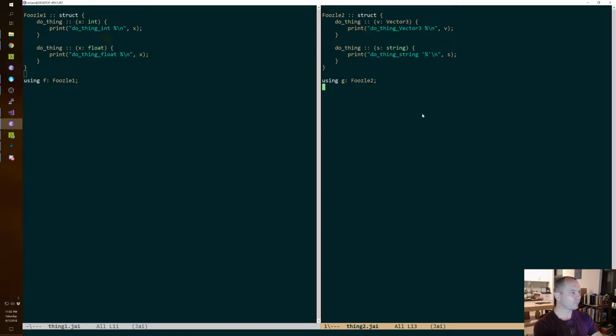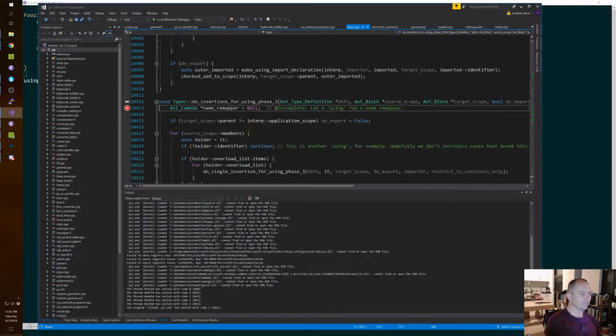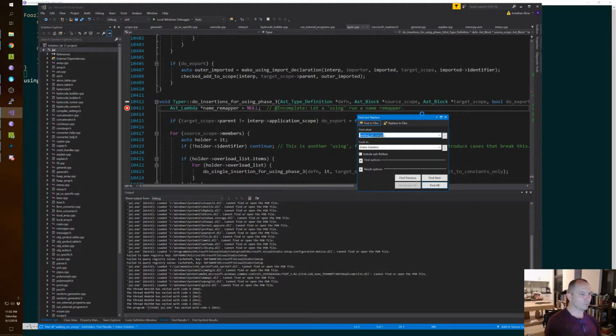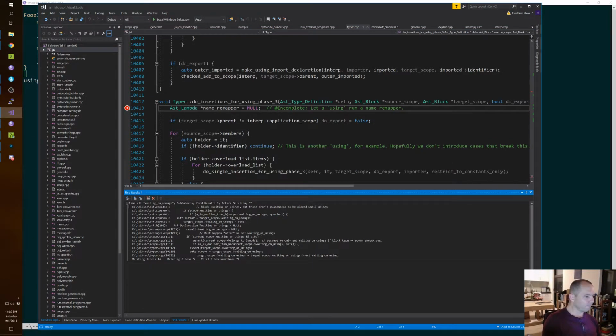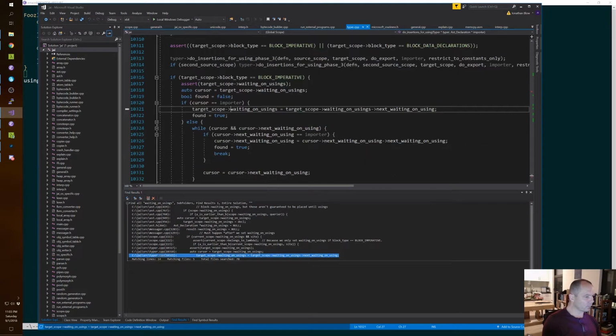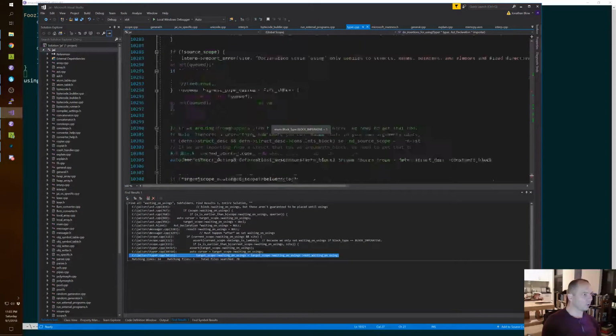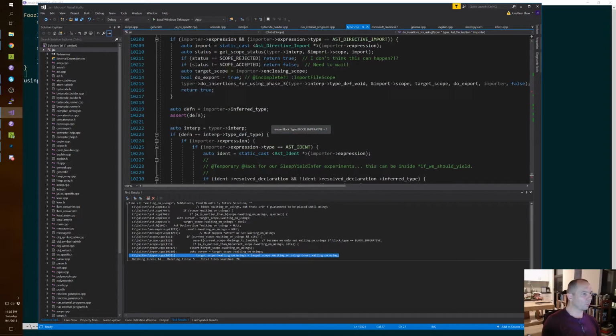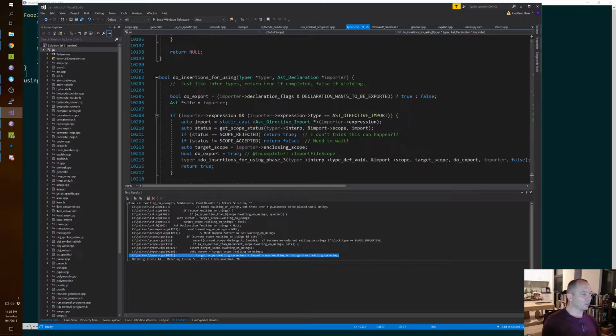Okay. So this is the one place where we set waiting on usings. We set that in the target scope. Really?